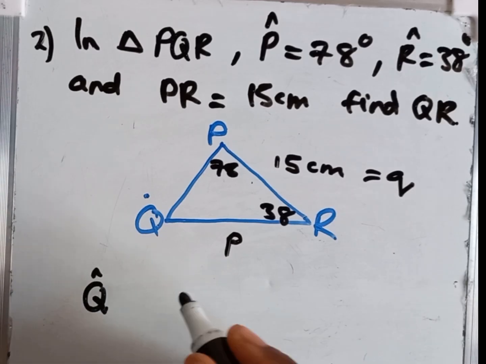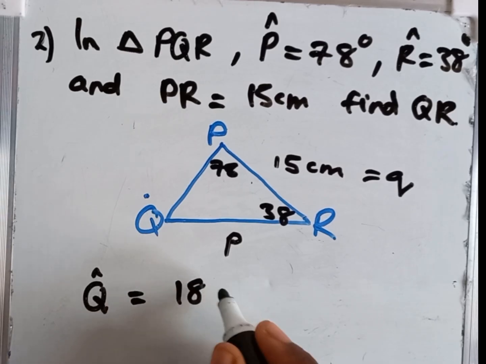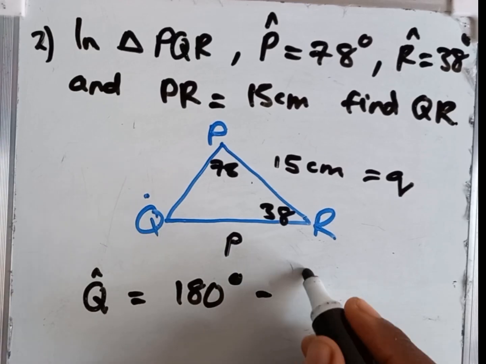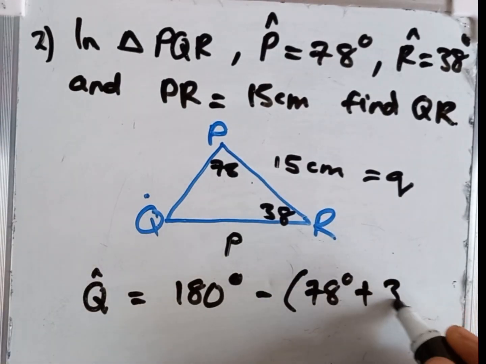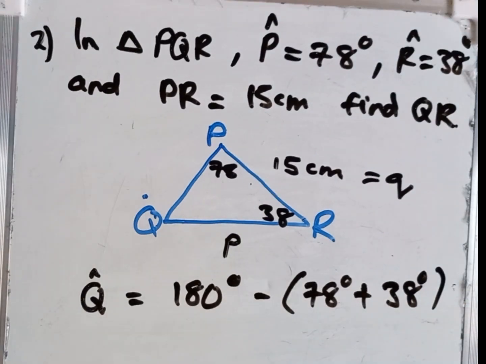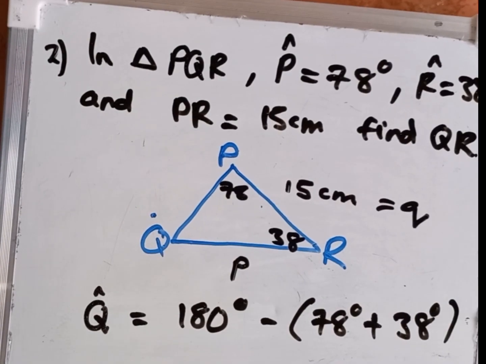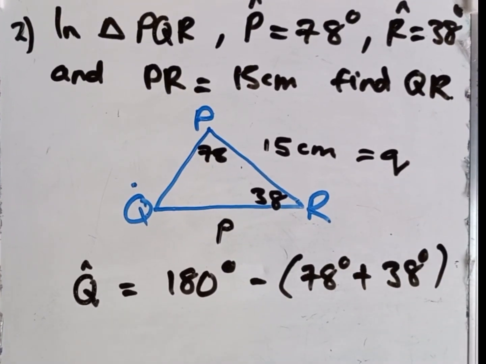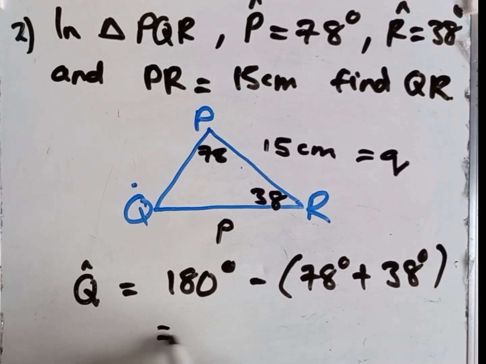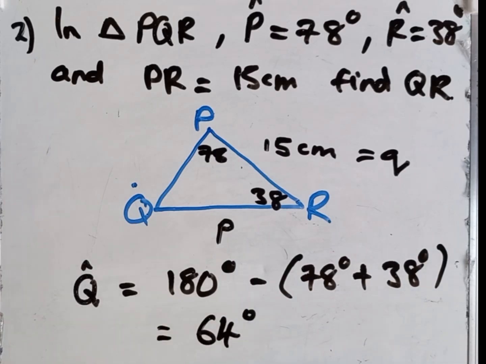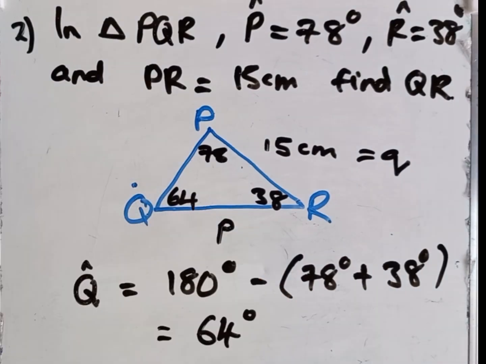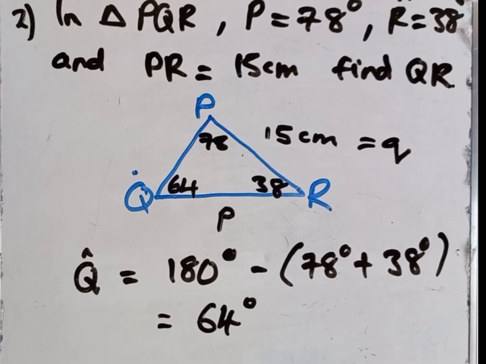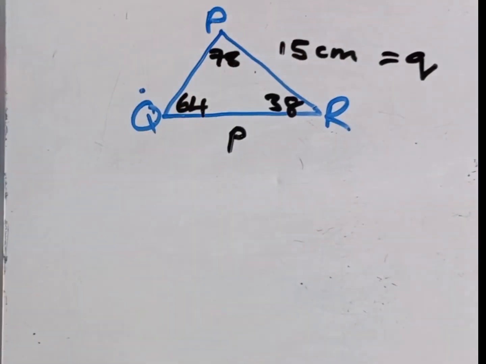Our angle Q is equal to 180 degrees, subtract the sum of the two other angles. Let me calculate. Here our calculator gives us 64. So our Q is equal to 64 degrees. So we are going to plug in our value 64. Now that we have our angle Q,